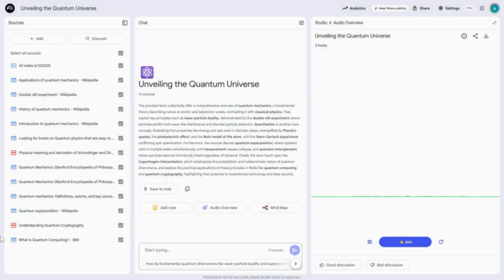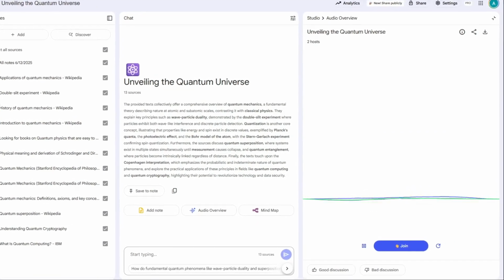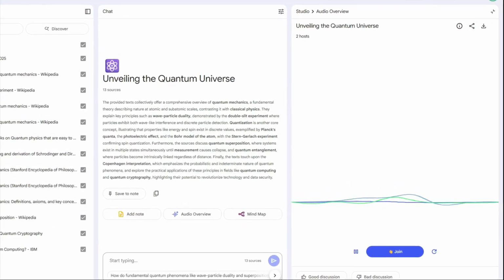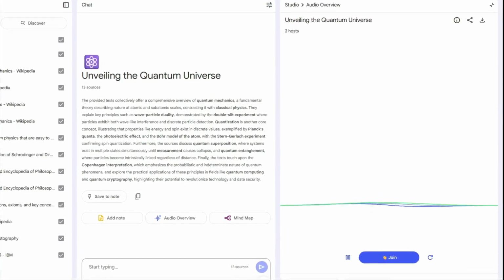Welcome to the deep dives. Today we're diving headfirst into something really key. Think of it like having two smart friends turning your dense notes into a